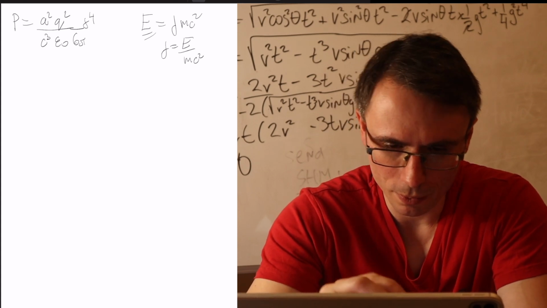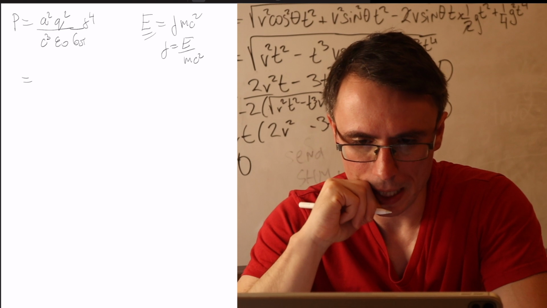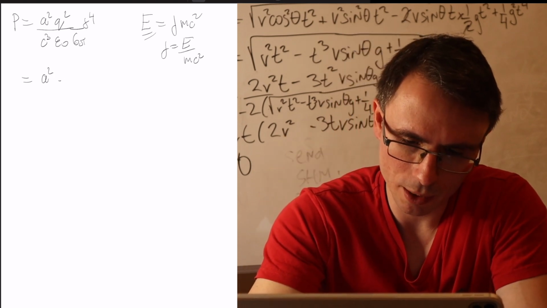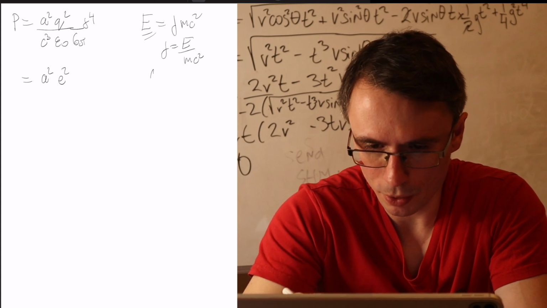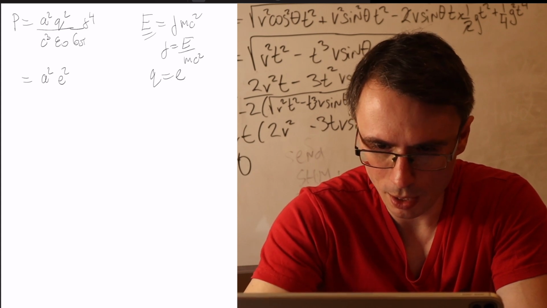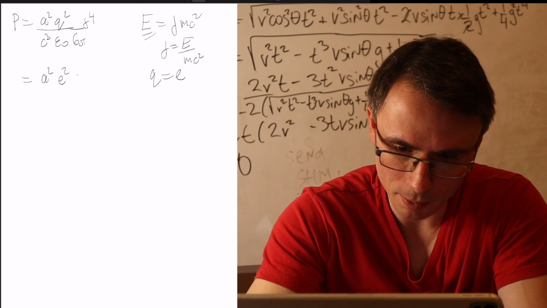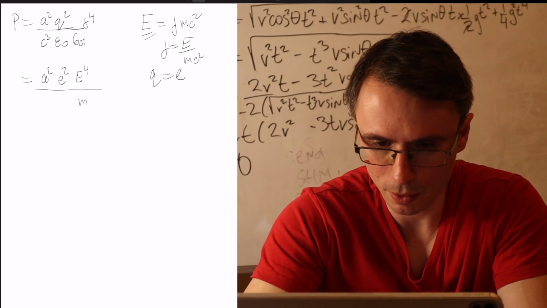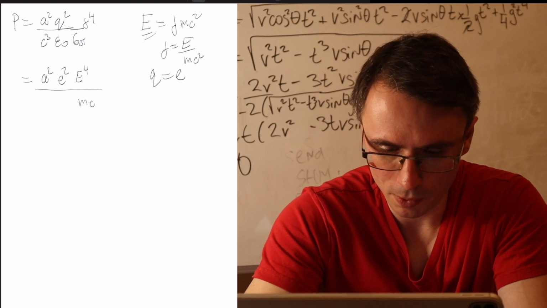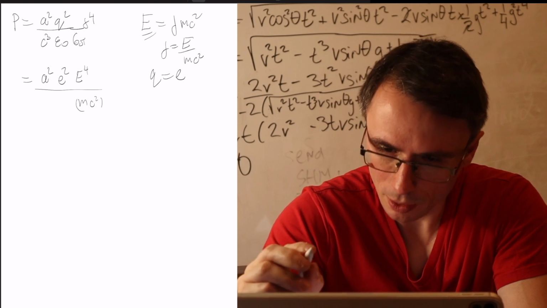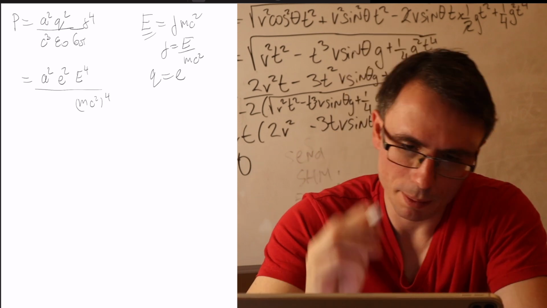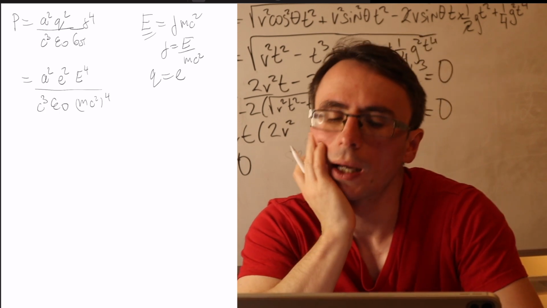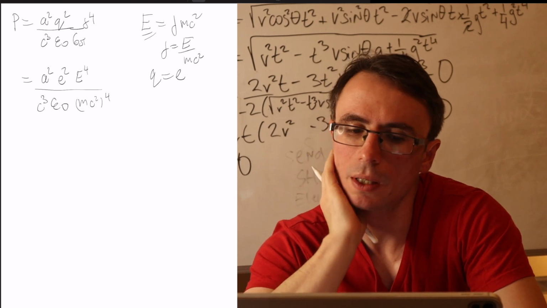Okay, so this here will then give me the acceleration squared, the charge, which is just the elementary charge, so Q is just equal to e. And then rather than gamma, I'm going to write E to the power of 4, and then I'm going to have a factor of mc squared raised to the power of 4. At the bottom, I'm going to have c cubed epsilon naught. Okay, the acceleration